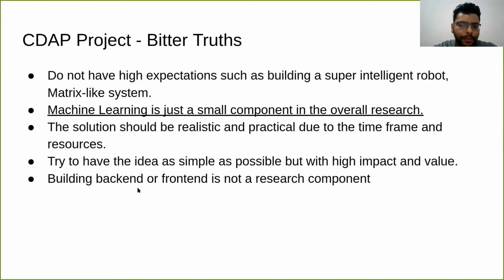And yes, building the backend and front end will not be a research component. So that will be a part of the overall project. Everyone will have to work together to create the backend and the front end. The different research components may be building AI models, or for some of them it might not be related to machine learning, and maybe something other. But at the end, it should be an overall integrated system with different research components, where we have an interface to use that system.